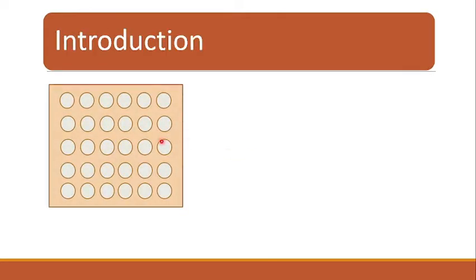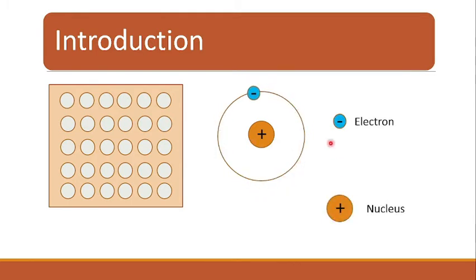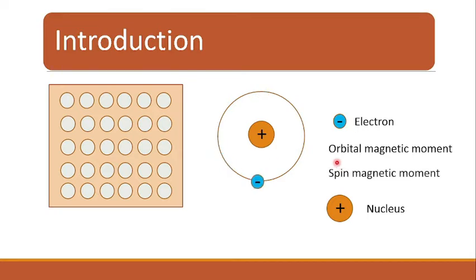We know that matter is made up of atoms, and atoms are made up of nuclei and electrons. The electrons in an atom move about the nucleus in closed paths and hence constitute electric current loops. As a current loop has a magnetic dipole moment, each electron in an atom has a magnetic moment due to its orbital motion. Besides this, each electron has spin angular momentum, which is present even if it is at rest, and corresponding to its spin, each electron has a permanent magnetic moment.